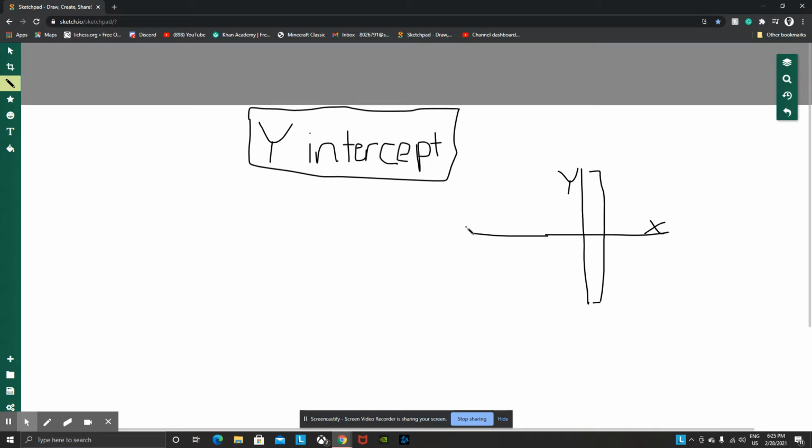But what y-intercept is, it's when a line cuts through the y-axis. Our line can start from anywhere. So if we start a line from here, it cuts right here. Whatever coordinate point this is, 0, 6, we know that that is our y-intercept, because this line is cutting through the y-axis at that point,